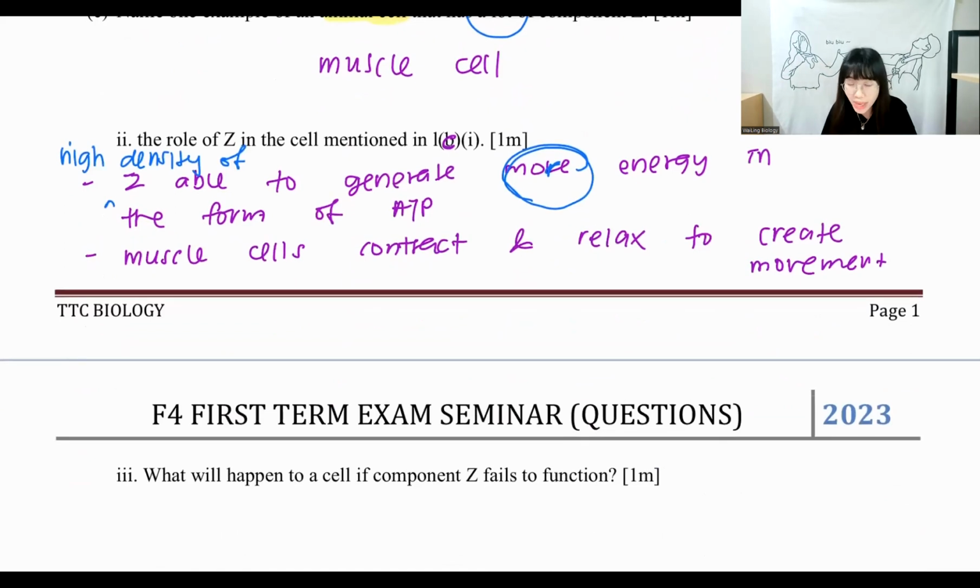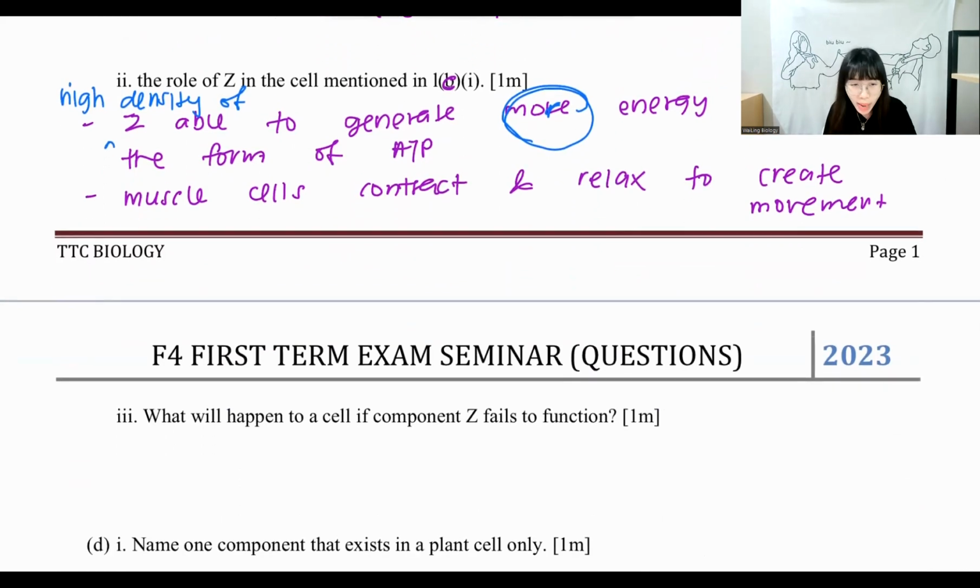If you want to make it into one sentence, you can write muscle cell generate more energy in the form of ATP to contract and relax to create movement also can. Okay, what will happen to a cell if component Z fails to function? You have to relate back to your question because just now we wrote about muscle cell, right? So if there is no mitochondria,